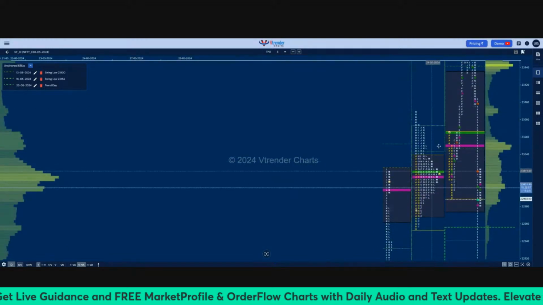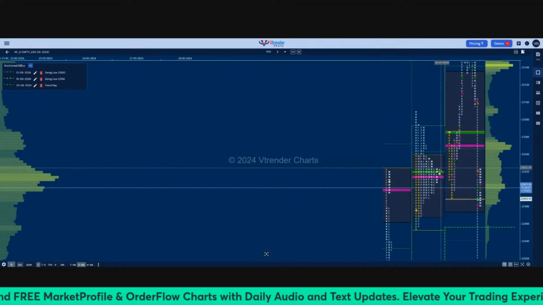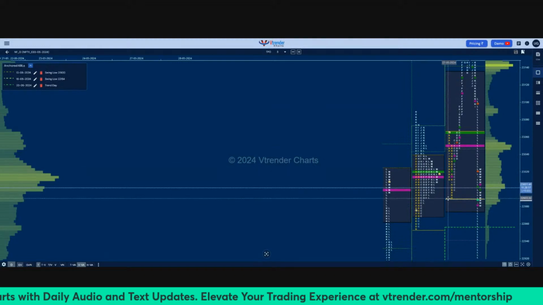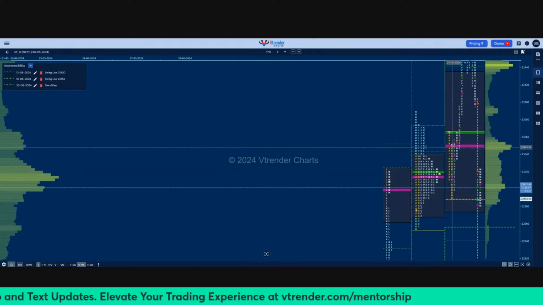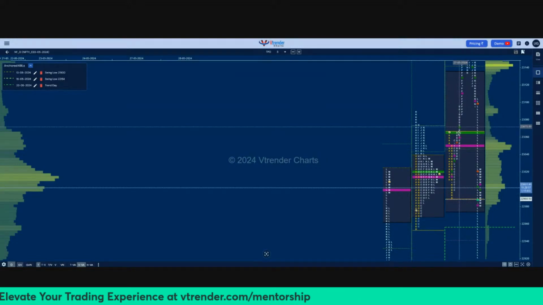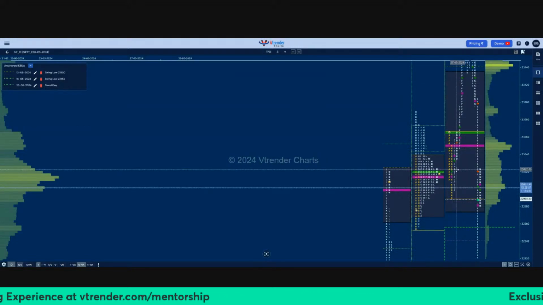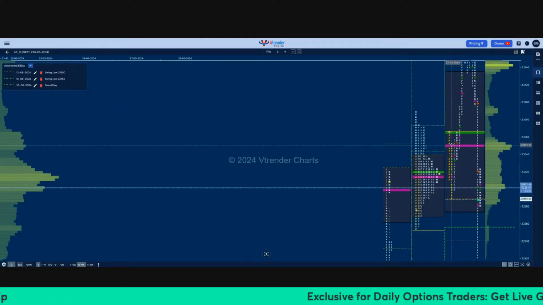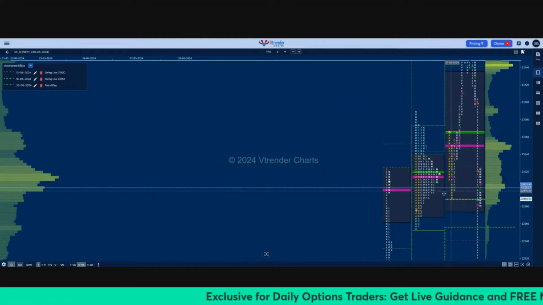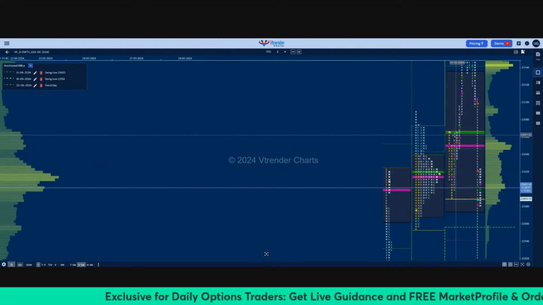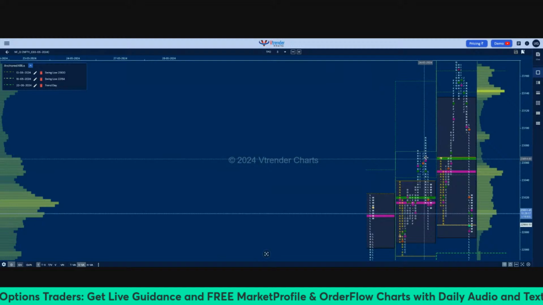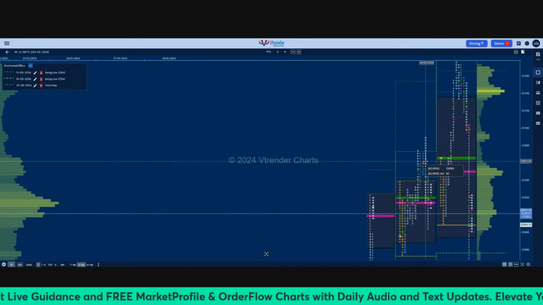Nifty futures profile. So today we made an open auction in range and we remained in previous value, and we made lower lows in the B period. But the turning point was when we made a range extension in the E. This is where it was getting clear that we are going for upside. Otherwise, till this point it was looking as if we are going to form a 2-day balance, and we will remain in previous value, because on Friday we had got one seller at 23063, and this is where we were